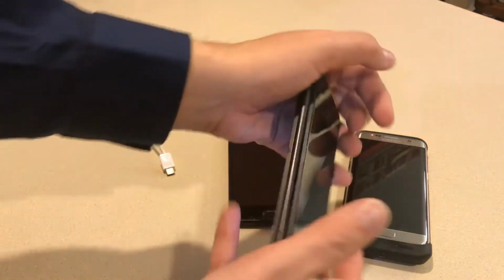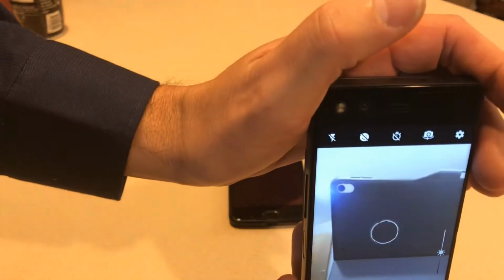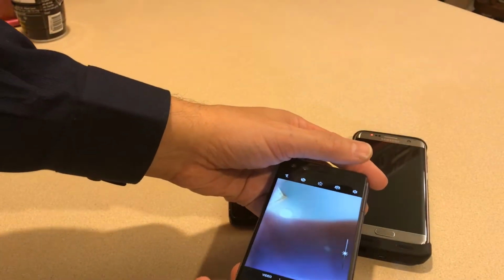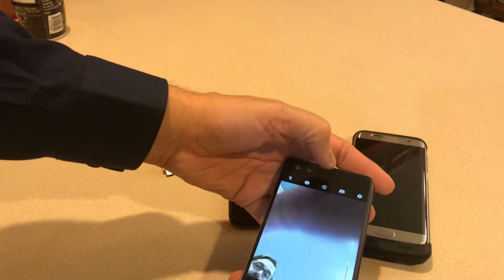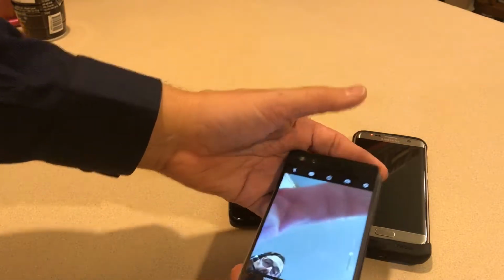And it's not there. You've got to remember to always flip it back over like this. So there you can see the iPad's right back there. So yeah, I mean, not a bad phone, but some of the things that I would like to see,